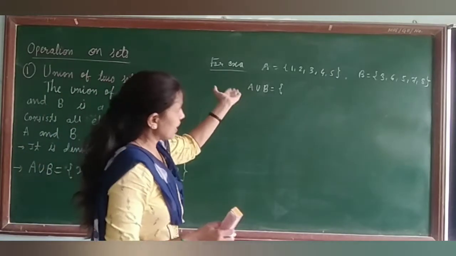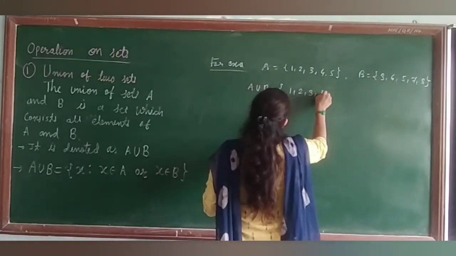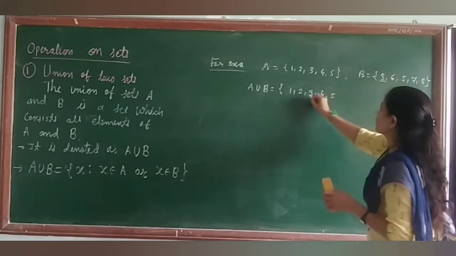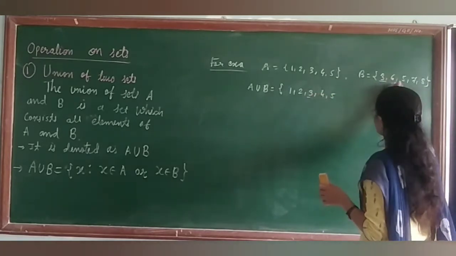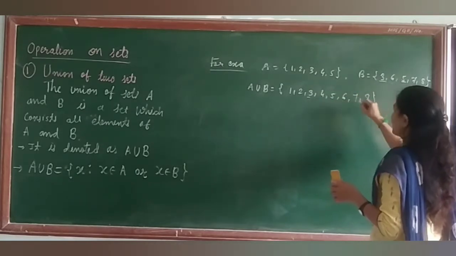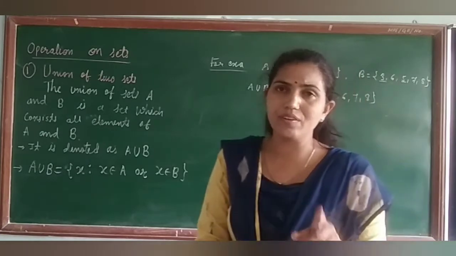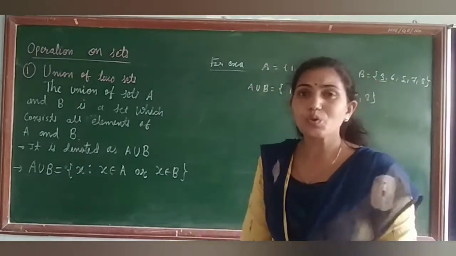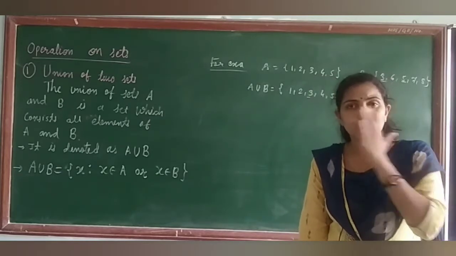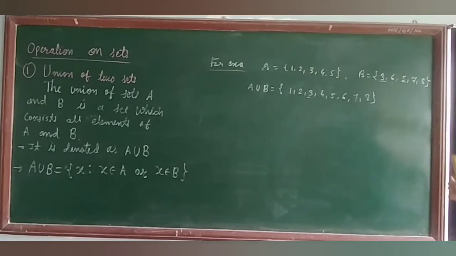So all the elements inside A we will note first. So these are the elements 1, 2, 3, 4 and 5. Now B having element 3, so 3 is written already here. 6 we have not written. 5 is there. 7 and 8. So this is called A union B. Yes, the common element we will write only once, because you know that in set form one element is written only once. It will not be repeated. So this is a union of two sets.